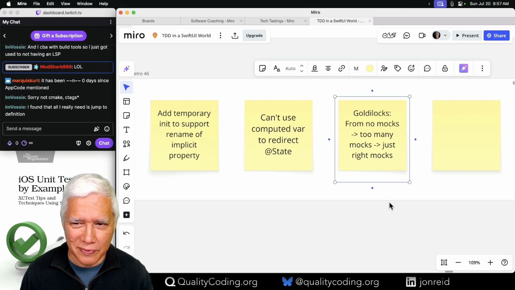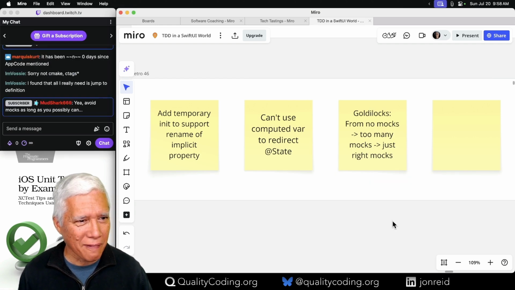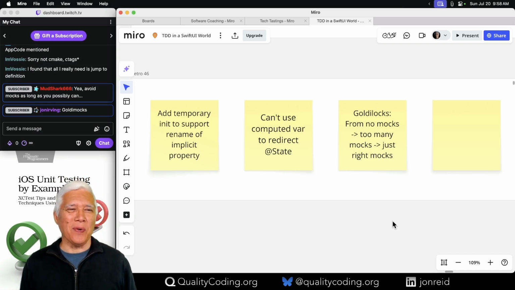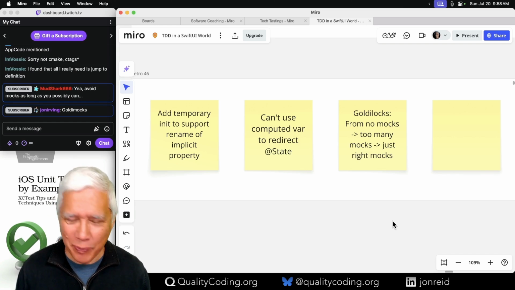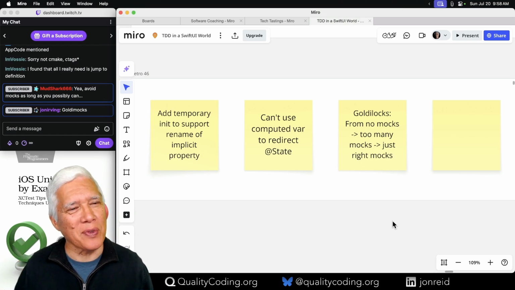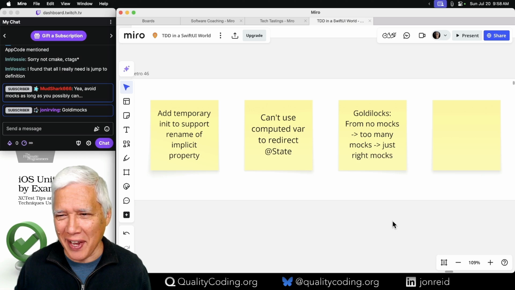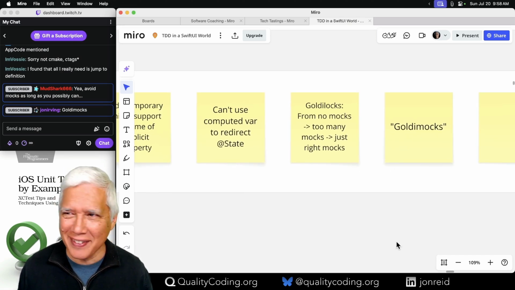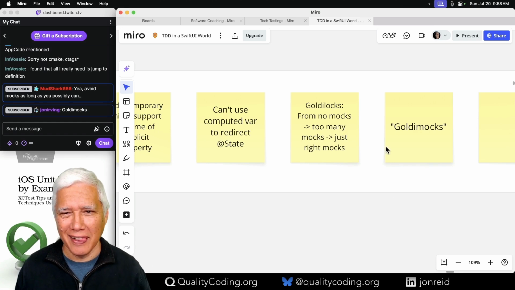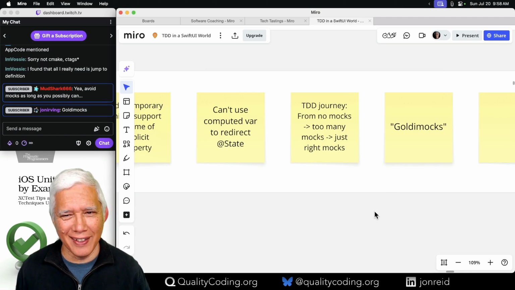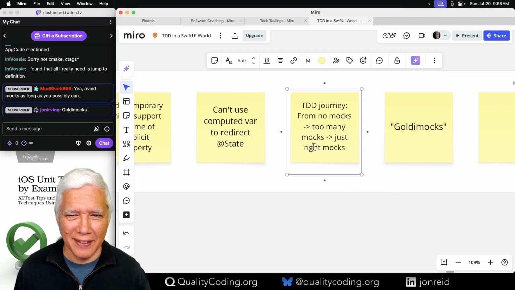Goldilocks. Oh, we have a new term, people, for finding the sweet spot with test doubles. Goldilocks. Oh, I love it. Just enough.